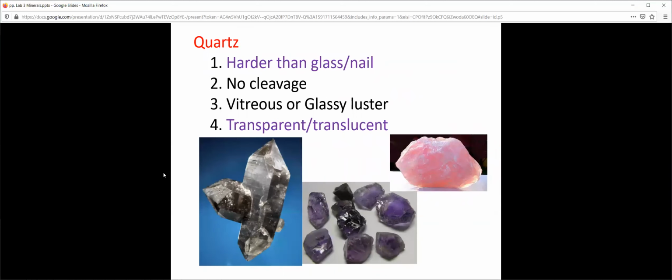So we can talk about all those different silicate materials and give a nice bullet point-esque definition of what's going on here. For example, quartz. If I tell you something is quartz, you know these four components are true. You know it's harder than glass. You know it doesn't necessarily have a specific cleavage. Some quartz does, some quartz doesn't. You know it has a glassy luster, and you know it tends to be at least translucent, if not transparent. That is the way quartz functions.